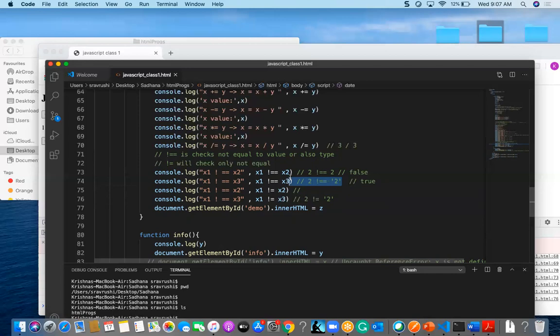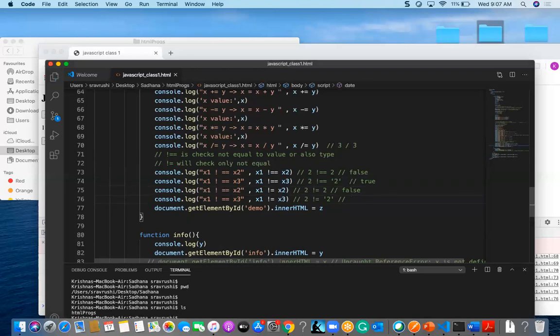Okay, and here in this case, it will check only the value at this point of time. It will go for 2. So now you will find here false, because 2 is equal to 2.